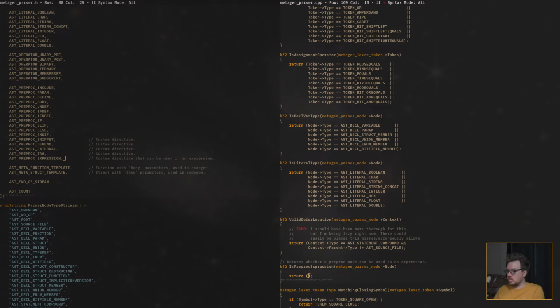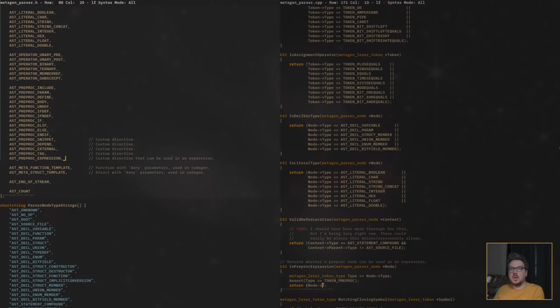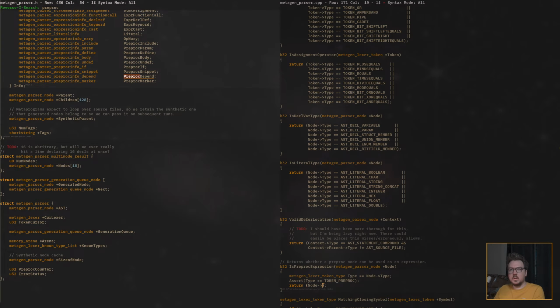First, let's assert that the node's type is a token preproc, because we shouldn't be calling this on anything that's not a preproc. And then node type, type is that. How are we storing this? Preproc.